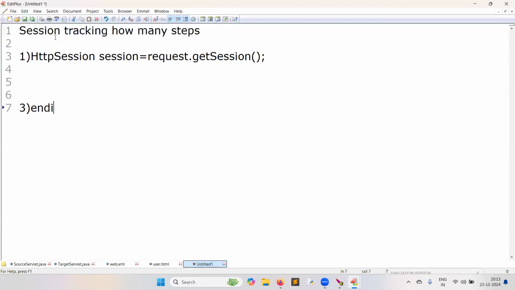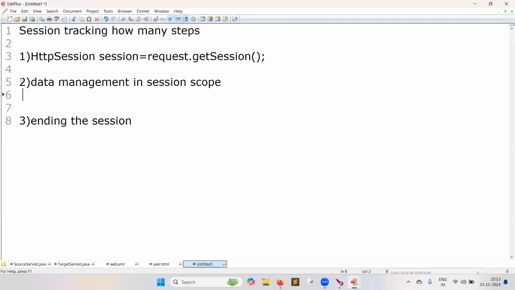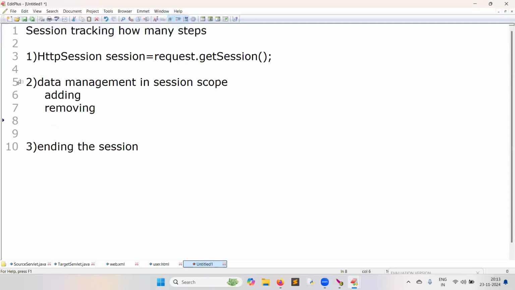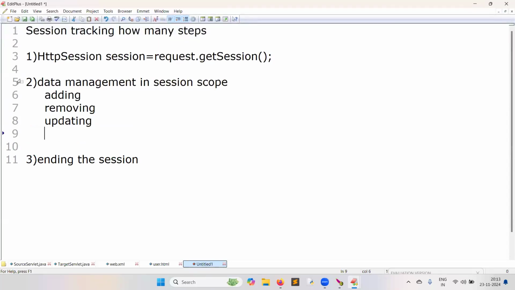Third one is ending the session. Data management in session scope means adding data to the session, removing data from the session, updating the data from the session, retrieving data, all CRUD operations.